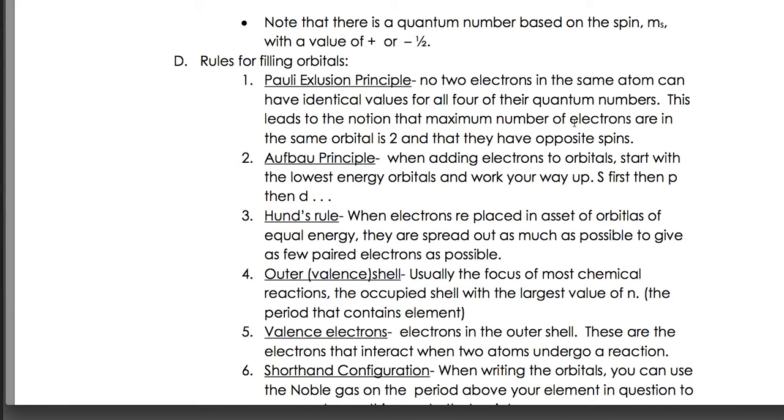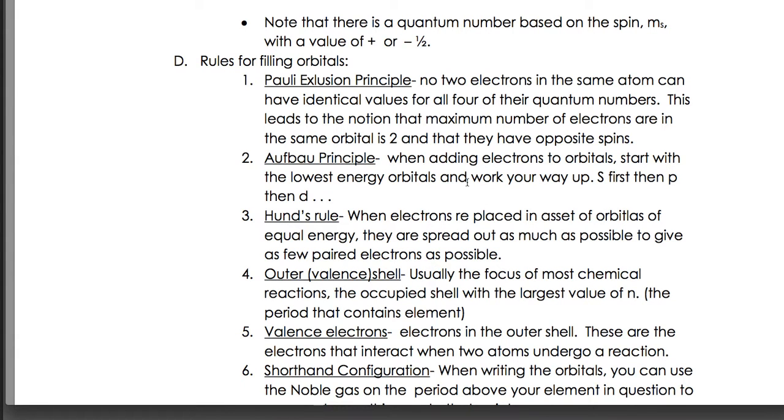This also leads to the fact that there can be only a maximum of 2 electrons in the same orbital, and they have to be paired with opposite spins. The Aufbau principle talks about when we're filling up, we have to add orbitals with the lowest energy first, like s, then you work up to p and d and all the other ones. Whereas Hund's rule tells us we have to